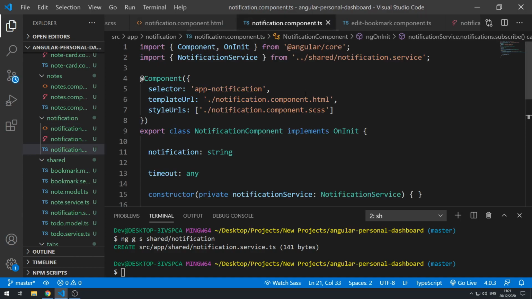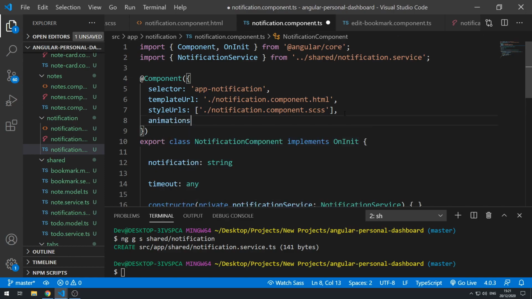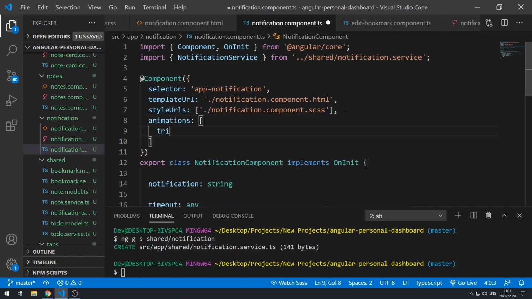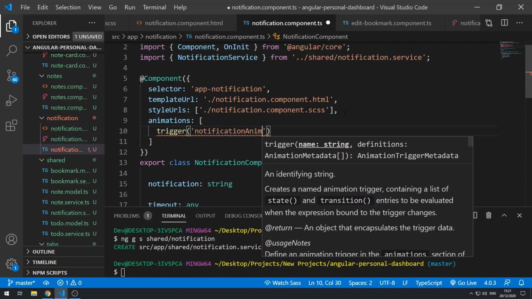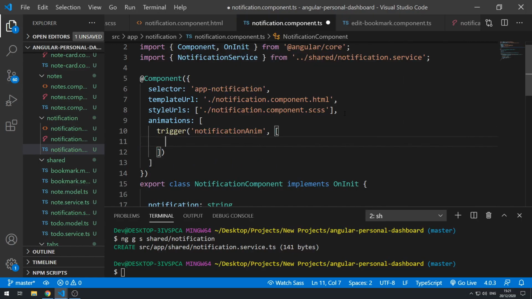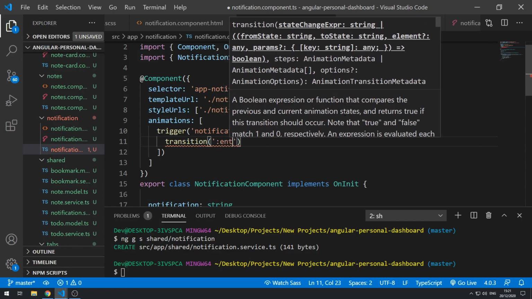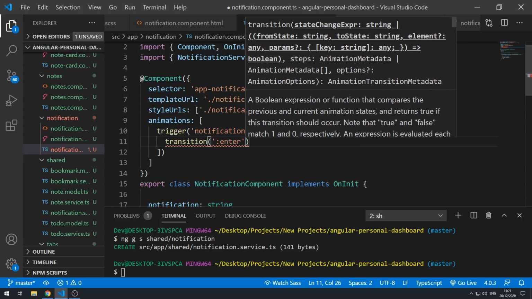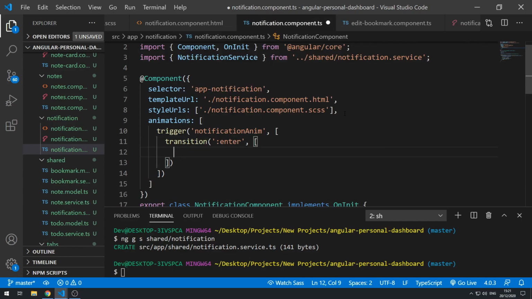Go to the component class, go here, do animations. Set up a trigger and paste that in there. That's the trigger name, and then inside here, let's set up a transition. All right, so transition, and let's use :enter. So when it's entering the UI, we want to